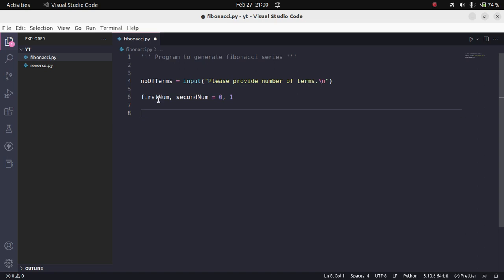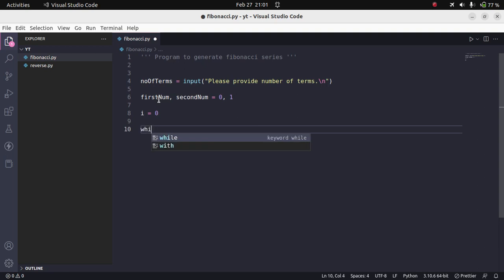And our first and second numbers are ready, so initialized. Now we will be doing this program using a while loop, and we have to make a counter. We have to keep track of the number of times the loop has been executed. So in order to do that, let us declare a variable and initialize it to 0. And now we will continue the loop. We will start from 0, and we will loop until the number of terms. So while i is less than